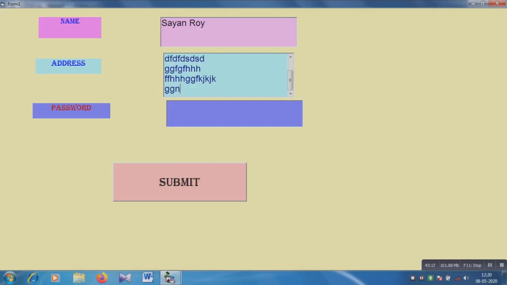The scroll bar appears on the text box, see, and you can scroll it and see all. Okay, so I am keeping up to West Bengal and other words deleted, and then password I am writing any password, and submit.